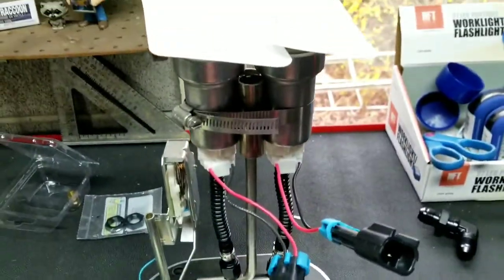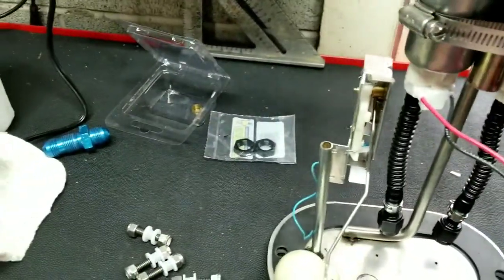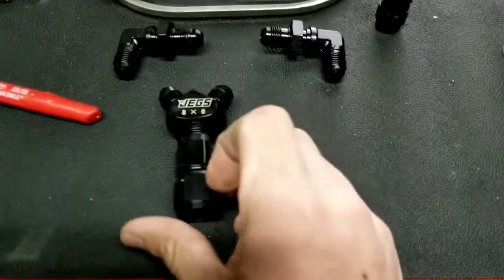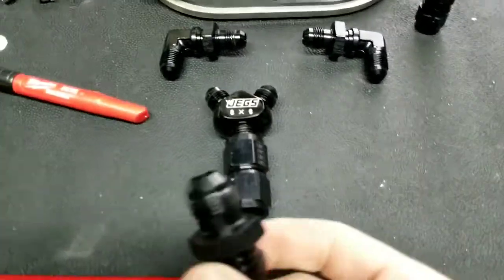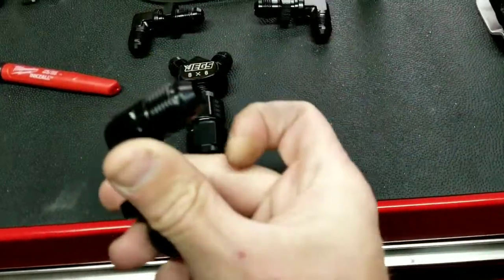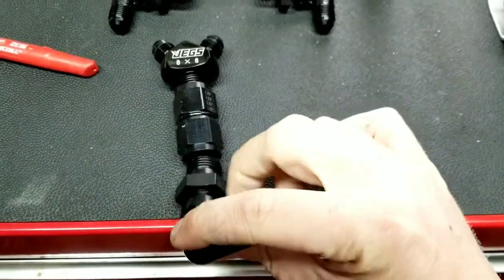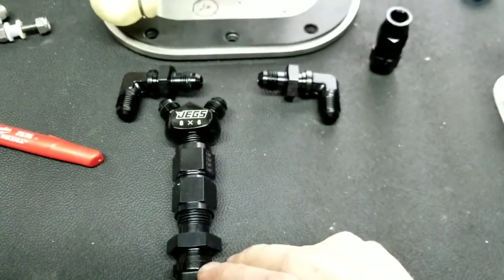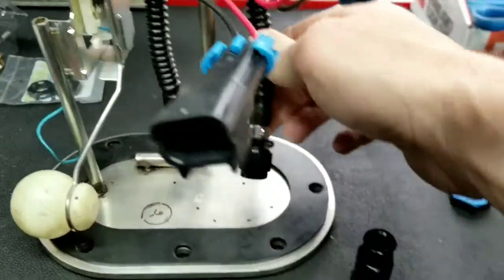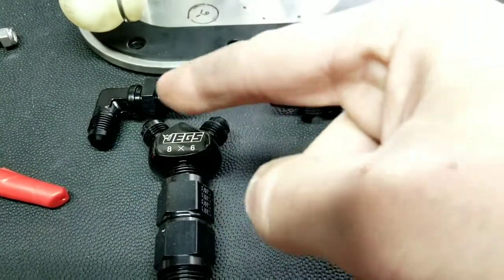And back to this. Initially I had posted some pictures of using this Y fitting, this union, and this was going to be at the top, above the flange, above the top hat, and then this was going to be down in the tank. Well, the problem is, once you daisy chain it all together, and then connect these things onto those little fittings right there,